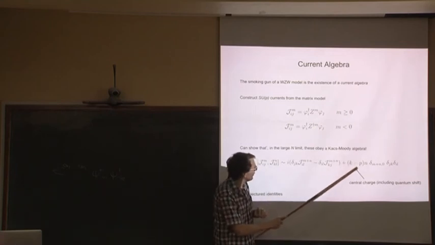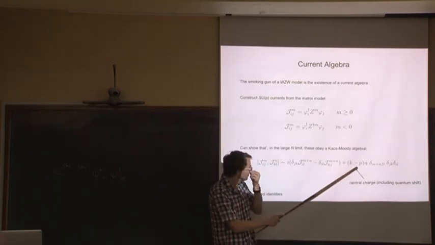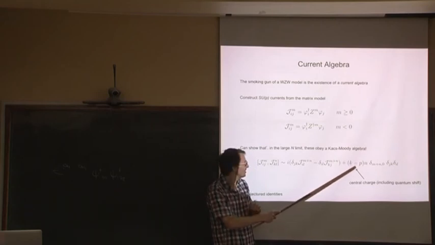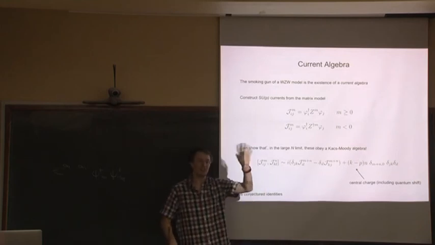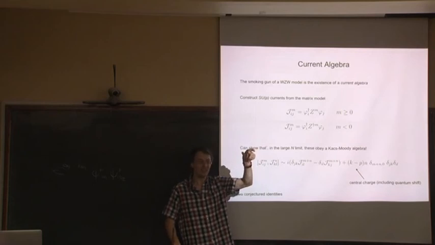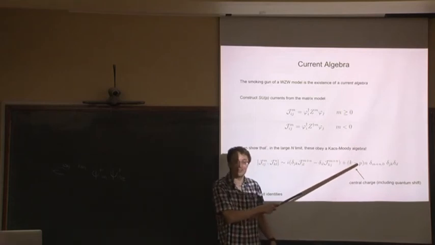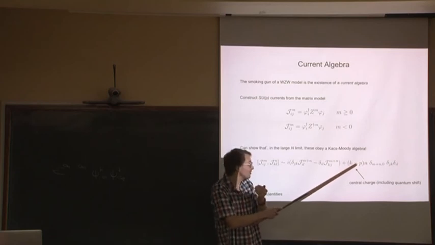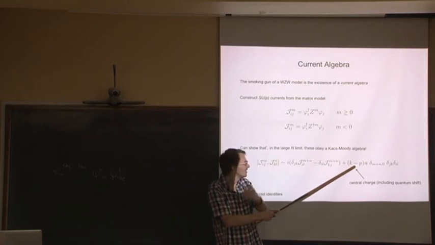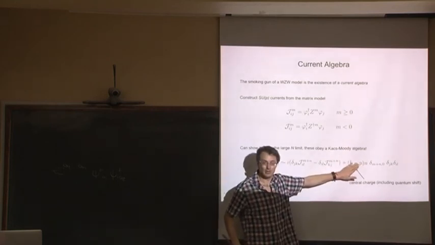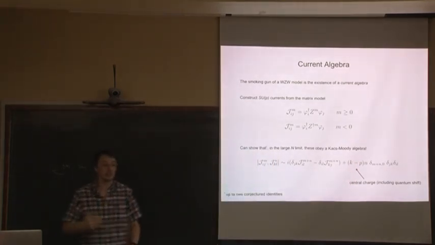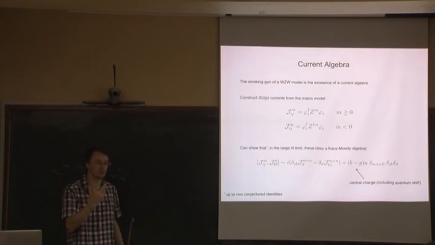Except there's a shift in the central charge here. So the central charge isn't k, but it's k minus p. Now, we've seen this before. When you do the normal ordering in that Gauss's law, we had k goes to k minus 1. This is the version of that, k goes to k minus p. And we don't understand it, because actually there shouldn't be any shift at all here, but shifts are usually k goes to k plus p, if anything at all. So this is something that we're still puzzled about too. Okay, so we can see that there's a Kac-Moody algebra hidden in this simple quantum mechanics.